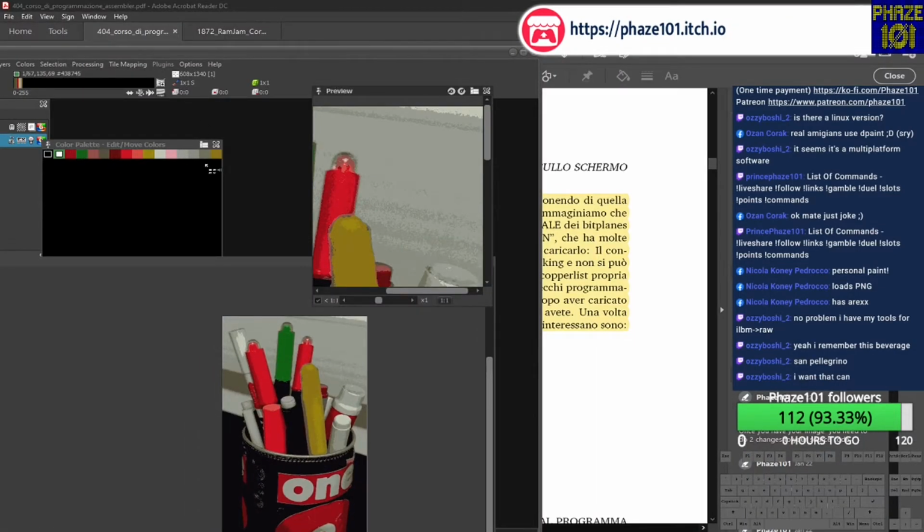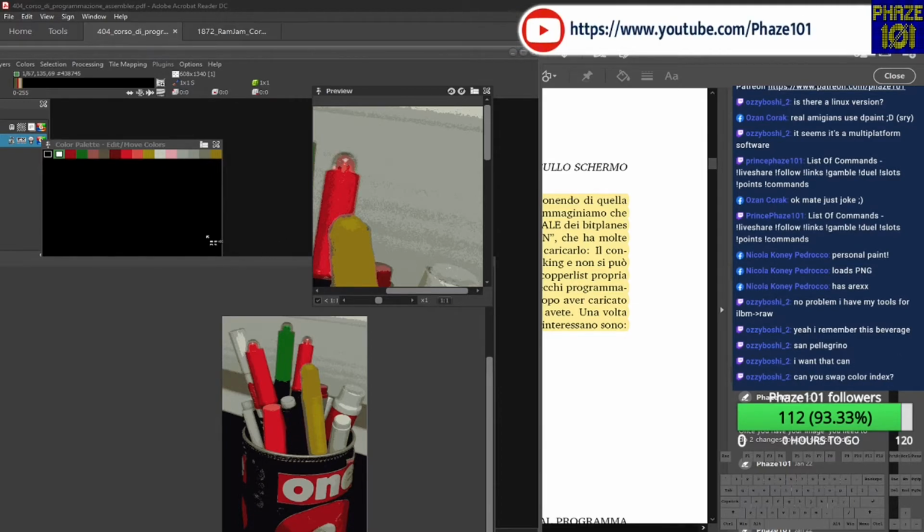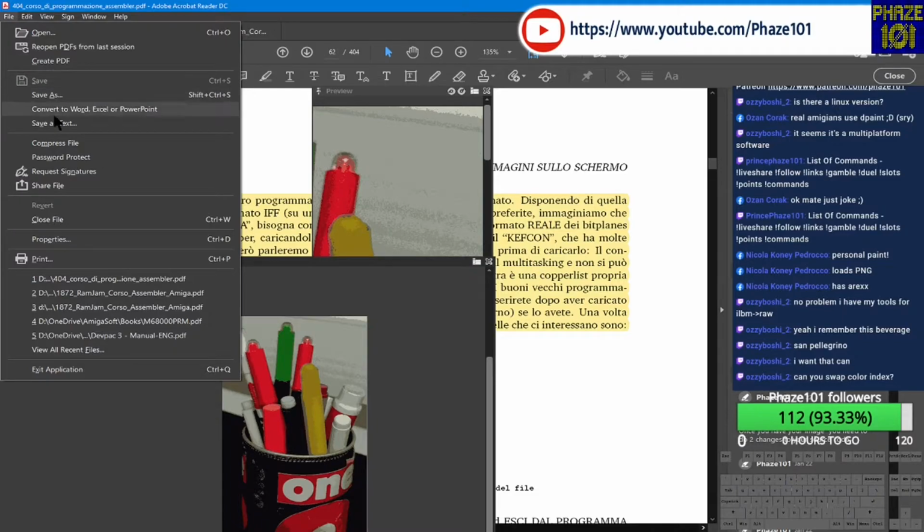it reduced the palette to 16 colors from an image that was, I don't know how many colors, but taken with a camera. So that's one of its features that is very good. The other thing is that it saves as